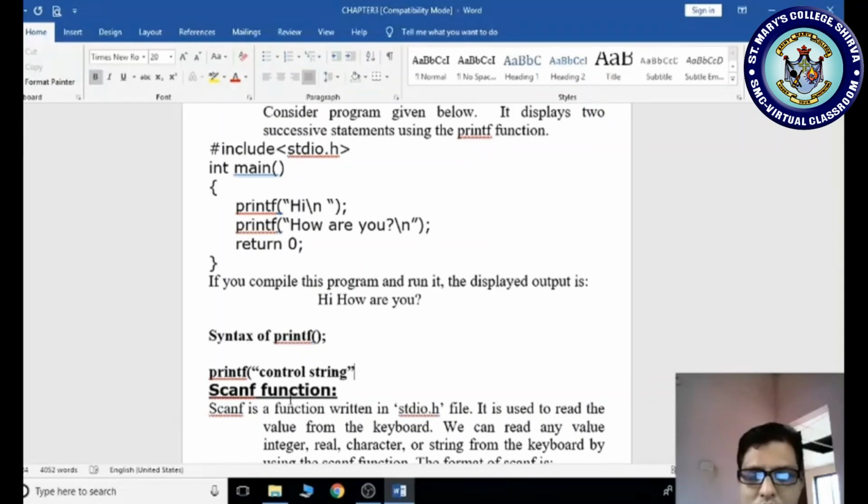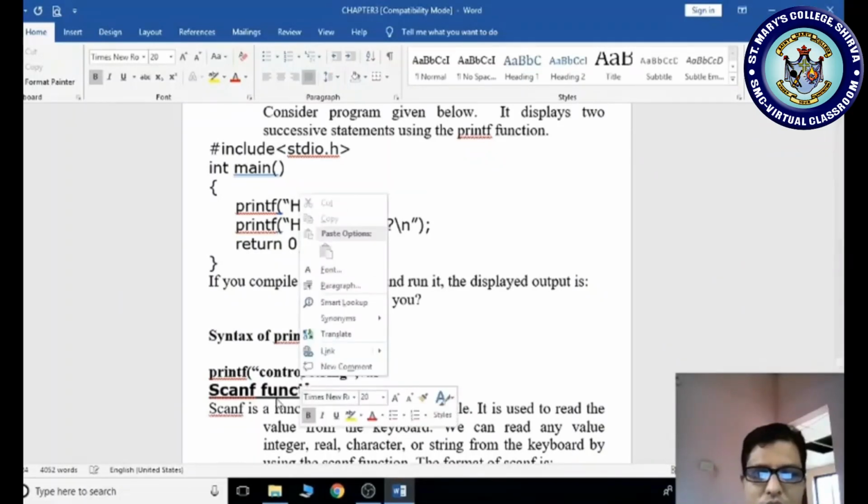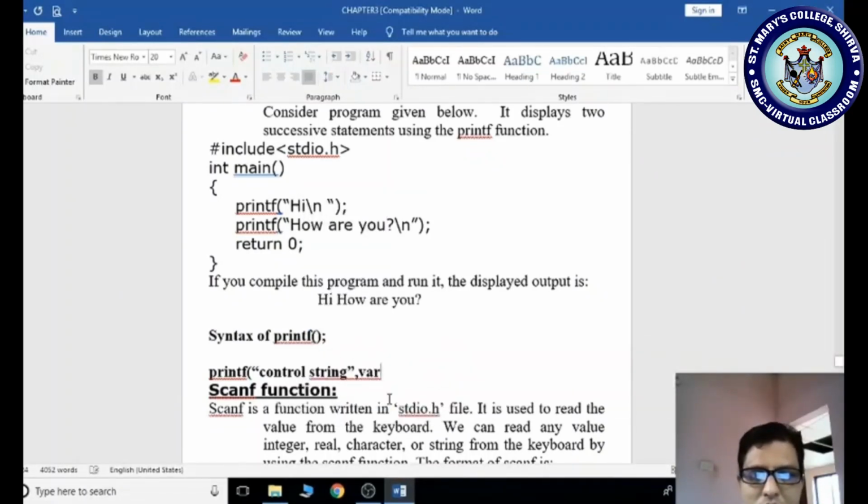Okay. Then a comma followed by variable 1, comma variable name. Okay. First we will see the first syntax. It is the first syntax. Variable.